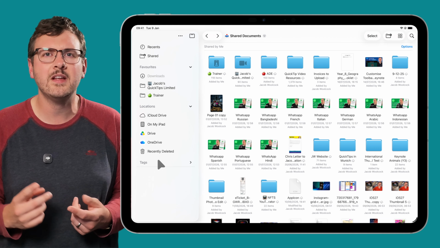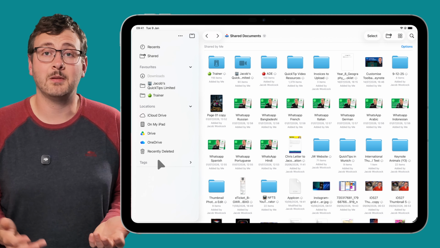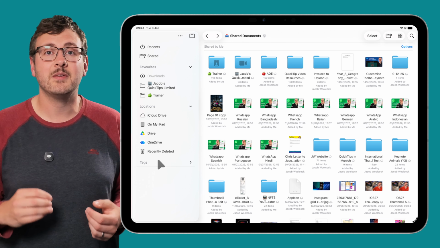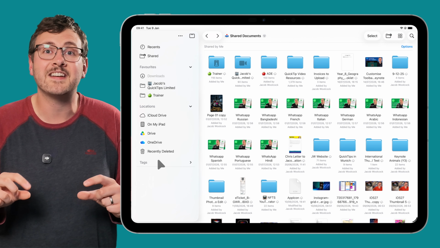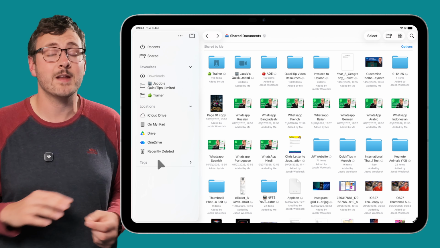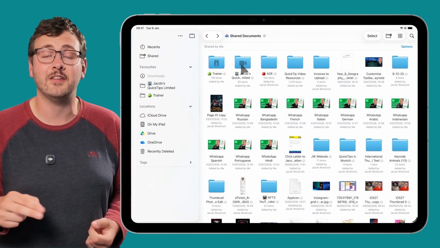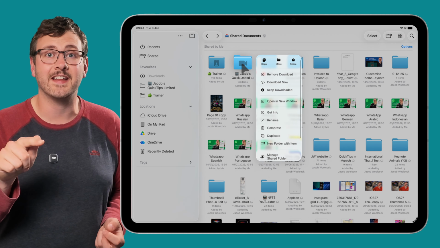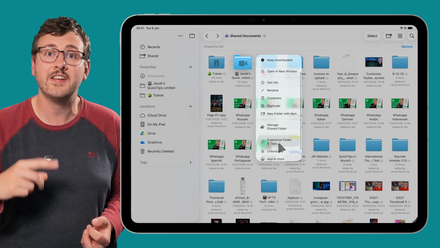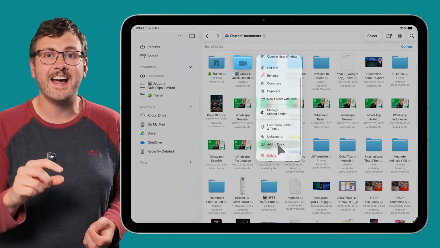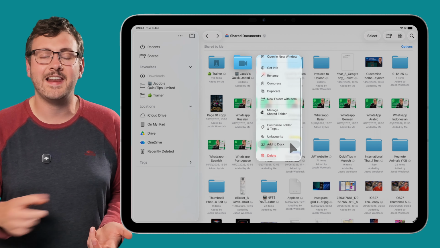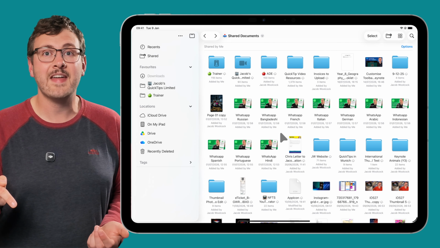But there's one more thing we can do that makes it even more accessible than having them in the Files app, and that's having them attached to the dock at the bottom of your iPad, meaning they're only ever a swipe away no matter what you're doing. So in the Files app, I'm going to choose this folder that I use a lot, and I'm going to long press on it. And then towards the bottom of that context menu, there should be the option to add to the dock. Now, if I leave Files, you're going to see it straight away there on the right-hand side